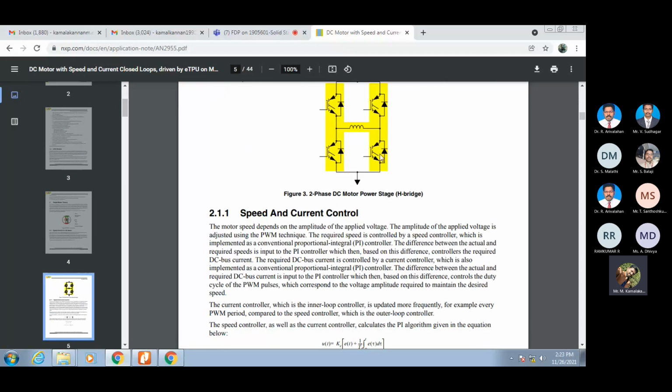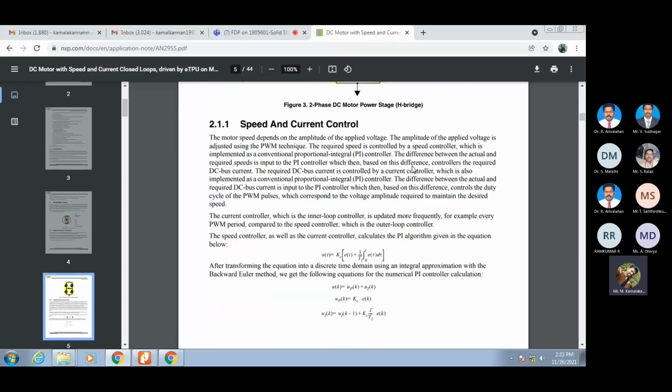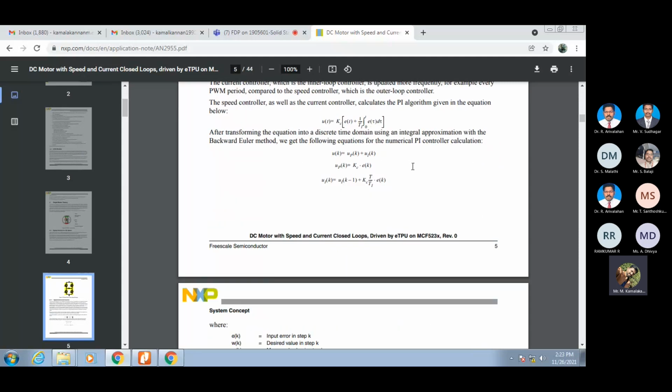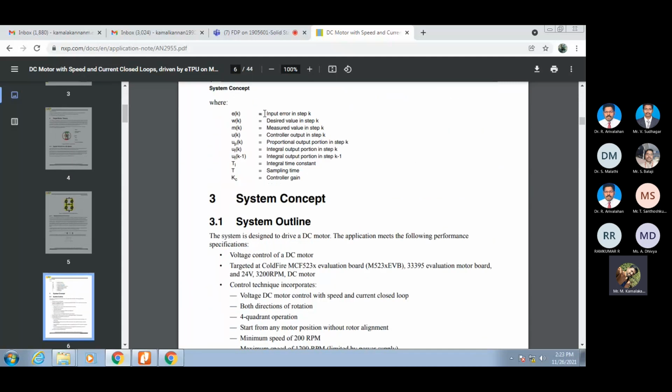So this is a two-stage H-bridge converter by which the firing angle is getting controlled. As we discussed, what are all the error signals and what are all the gain constants of the controller, everything we studied. So a real-time catalog is opened over here, and I'm showing it. When the students get into an industry or wherever they go, if they are strong enough in the subject they are reading, that is the same thing they are going to see over there. So we have discussed this so far, right?